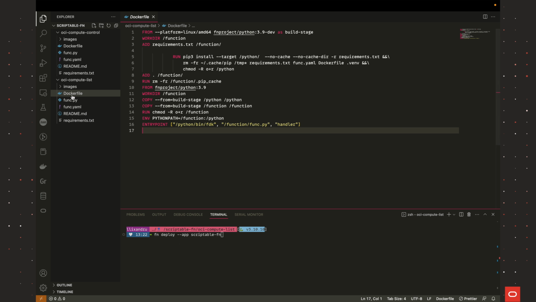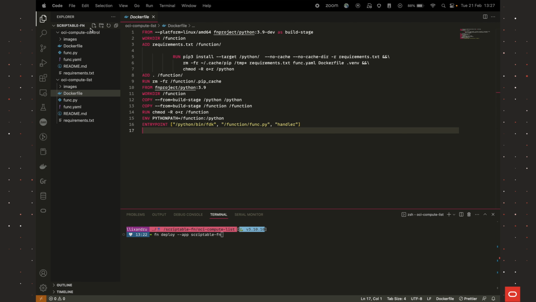So once we do that, even if we're using M1 or M2 MacBooks, we will be able to build a container that then is properly started in OCI. Otherwise, if we just do the default path and set the runtime to Python, we will see that when we try starting up the serverless function within OCI, we will get a libraries error due to Python. Of course, this wouldn't happen if we were to use Java, for example. But in the case of Python, we need to tell it exactly which libraries to use when building.